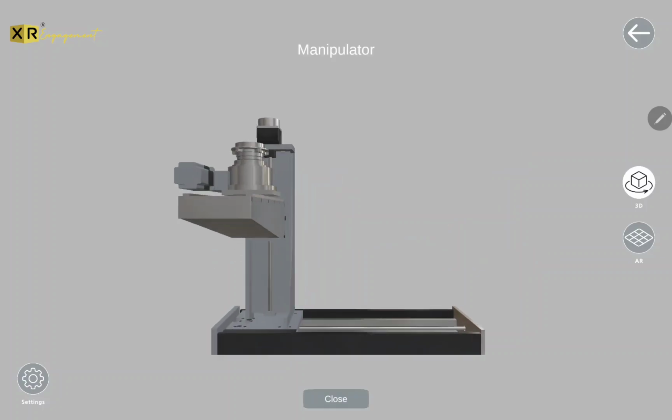A manipulator in digital radiography, DR, and computerized tomography, CT, is a mechanical device used to precisely position and move the object being scanned. Its main purpose is to rotate, tilt, or shift the object so that X-ray images can be taken from multiple different directions without manually adjusting the setup.